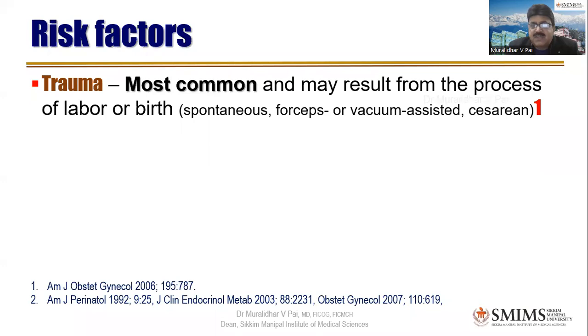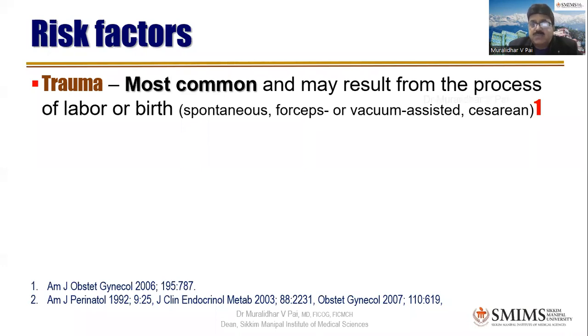So that's another thing I used to ask always my PGs. How do you define a cervical tear? Because the cervix looks torn after the delivery. A cervical tear is one which is either actively bleeding of any length, or even if it is not bleeding, if it is more than 2 centimeters, it's called a cervical tear. So after spontaneous labor, also there is some amount of injury or trauma to the cervix.